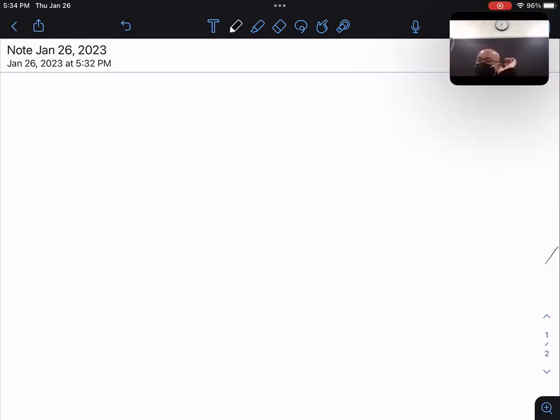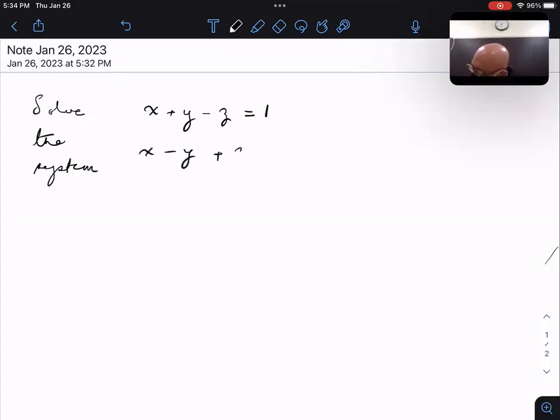So now in linear algebra, we solved systems of linear equations. So let's take in 3 dimensions. So suppose I give you this: solve x plus y minus z is equal to 1. Solve the system. And x minus y plus z is equal to 1. So these are clearly independent equations. I'm not going to bother